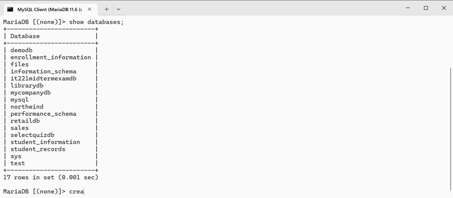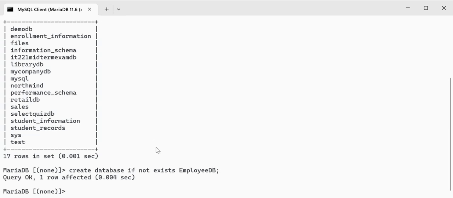So let's create database. It will not exist. So we have EmployeeDB. And let's switch to it